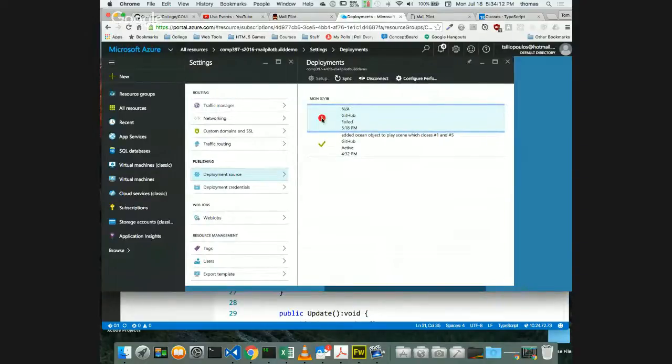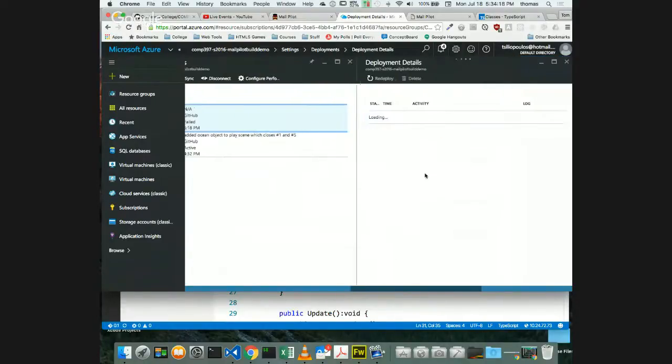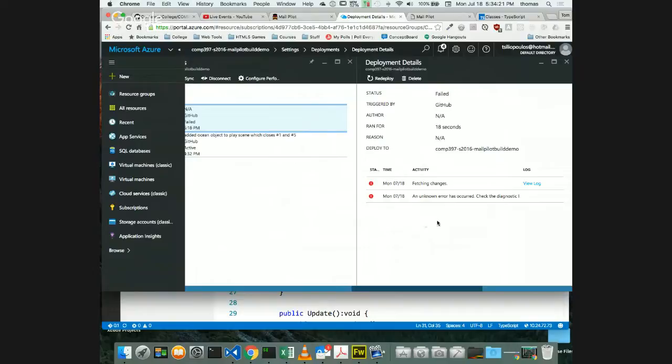Now, remember what I said. Sometimes it fails for different reasons. If I click on the little red circle, it tells you fetching changes, an unknown error has occurred, check the diagnostic. Guys, 9 times out of 10, you know why it fails? No room. Microsoft Azure, and Microsoft in general, has chopped down the amount of space we have as students and faculty a lot. It used to be unlimited. You could make as many of them as you wanted, fill up Azure with as many web apps. Not so anymore. So I'm sure that if I was to redeploy, and I'll do that in a second,